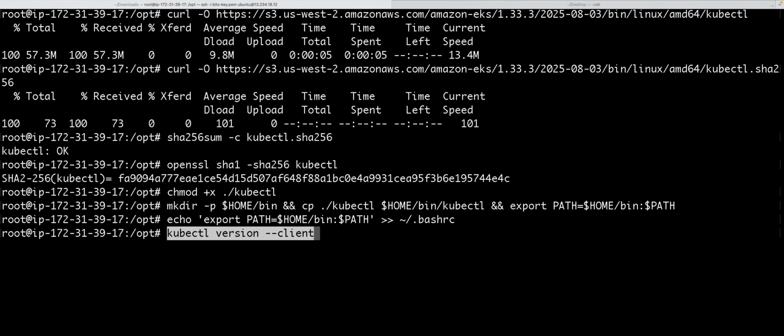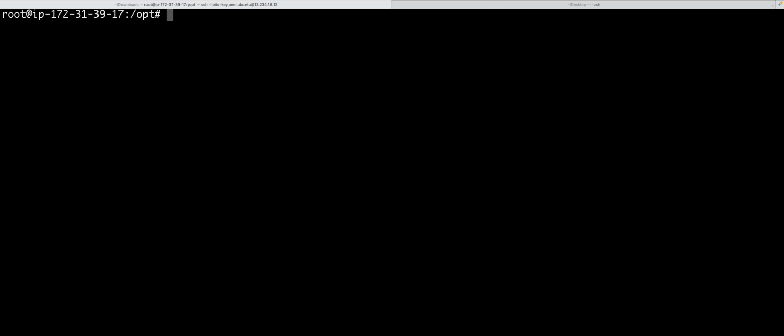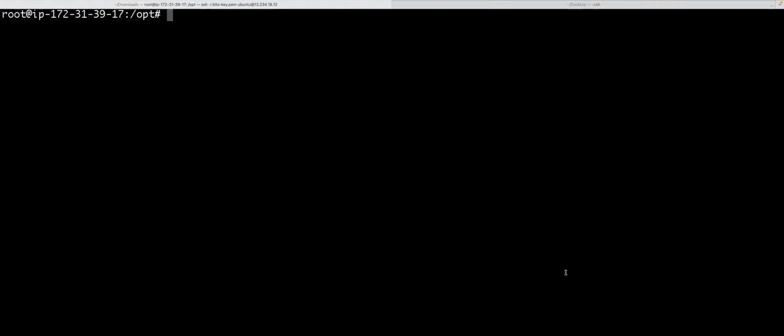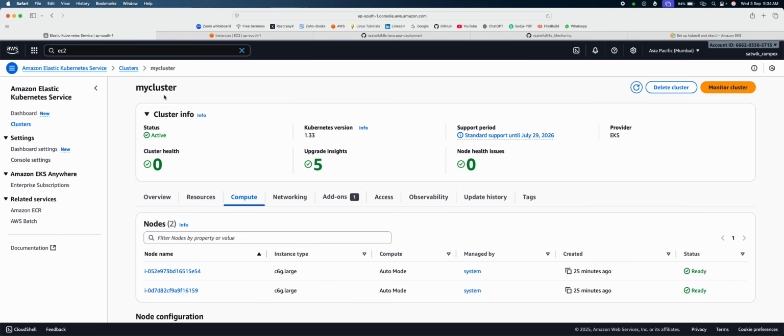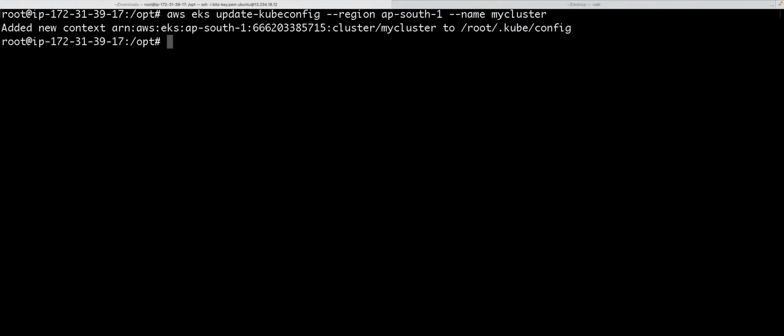Check the kubectl version if it is installed. So I am able to see my EKS commands are installed. Now we'll attach our EKS cluster to the EC2 instance. So the name of my cluster is my cluster, and change the region. After changing, use the command